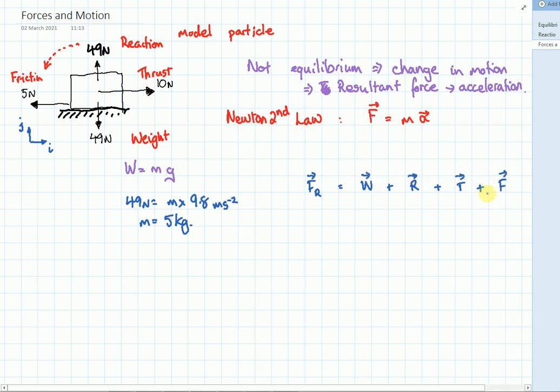Or you can resolve them directly: force in the j direction is negative weight plus our reaction force. Because these two are equal, 49 newtons down plus 49 newtons up, this becomes 0 newtons. And resolve in the i direction,